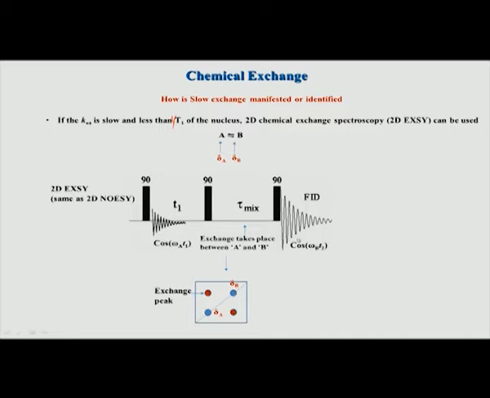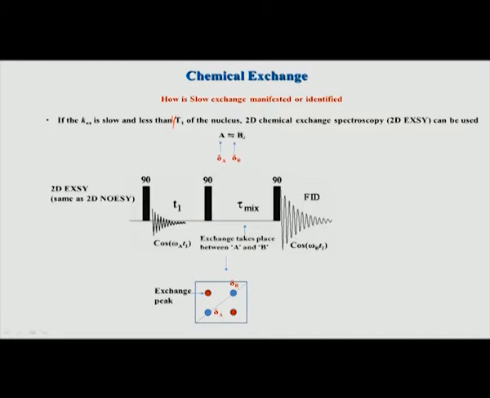Both processes are happening because in the beginning it is not that only A is present. We are looking at an equilibrium reaction where both A and B are present, with some population. So A may be 60% population, B may be 40% in the total mixture, but they have already reached a steady state. Now, in the steady state, the 60% A which is there will slowly get converted depending on the exchange rate, depending on the mixing time, etc. It will get converted to B.